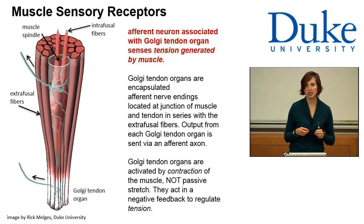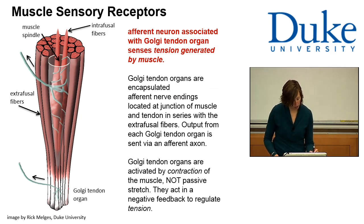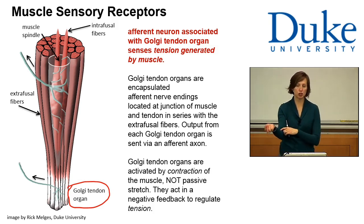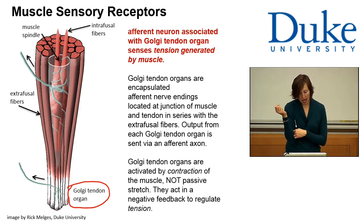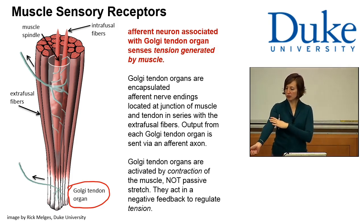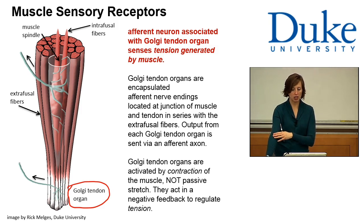Our other muscle sensory receptor is going to be called the Golgi tendon organ, which is located in the tendon that's attaching the muscle to the bone. And so this is going to respond to a different type of stimulus. We said the muscle spindle is going to be activated when you stretch the muscle. When you stretch a muscle, the Golgi tendon organ, or the tendon itself, is not going to be stretched that much. Because when you stretch a muscle, the muscle is going to give, so that there's not that much tension